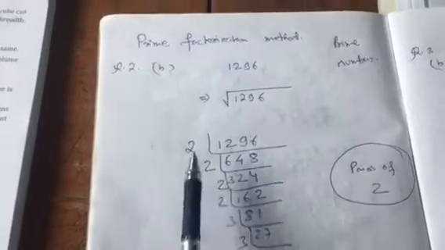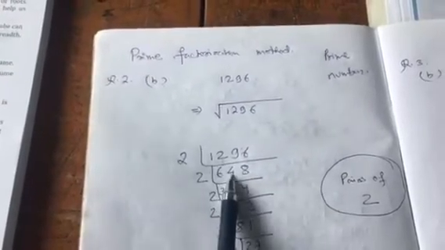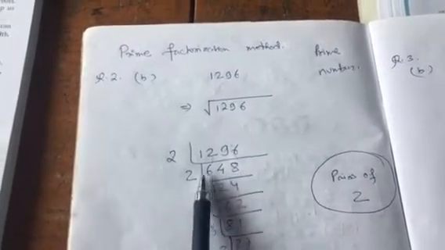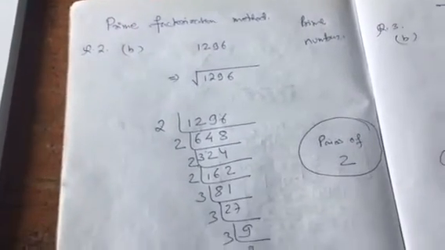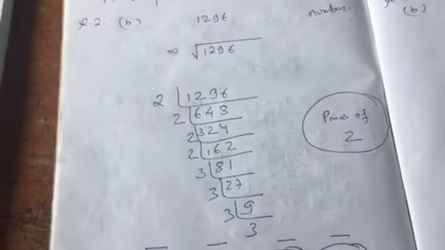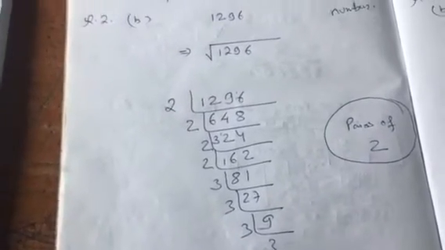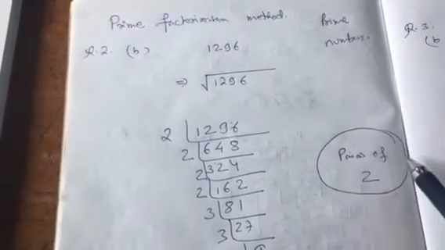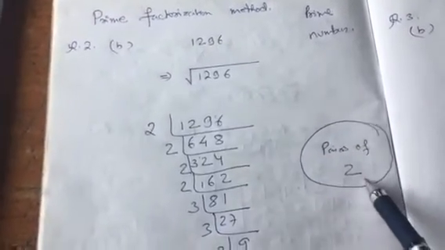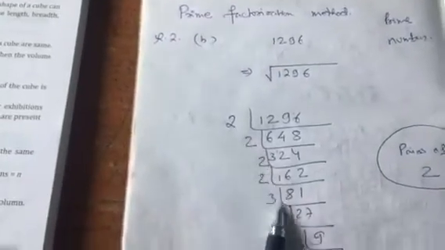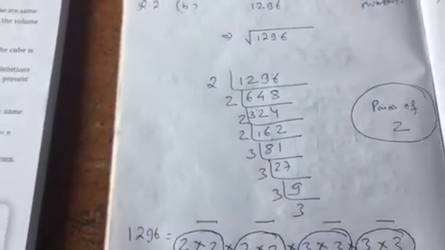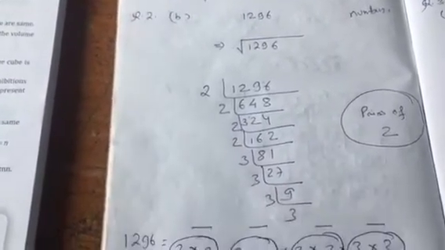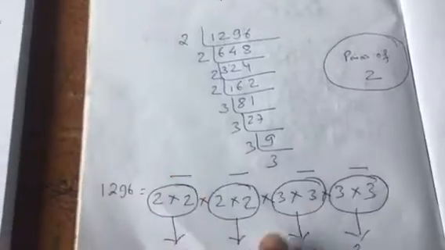As you can see, 2 6s are 12, 2 4s are 8, and here is 9. So 1 gets carried over here, and so 2 8s are 16. This I don't need to teach you in a new way, because you have all done it plenty of times in school, in class, as well as at home. Now the only interesting thing is, I have already marked circles in pairs of 2. So after you get all the prime numbers, you write all the prime numbers and make them into pairs. So for 2 into 2 into 2 into 2 into 3 into 3 into 3 into 3, I write it and circle it into pairs.